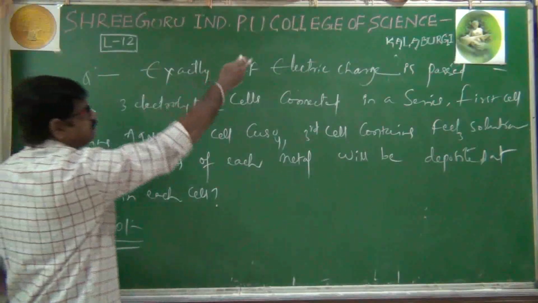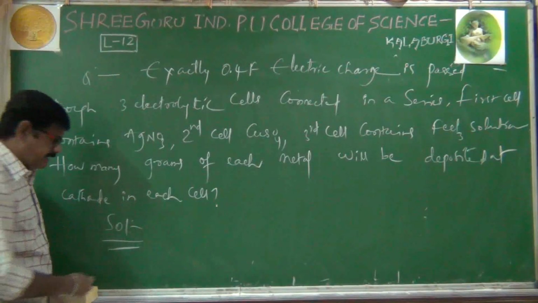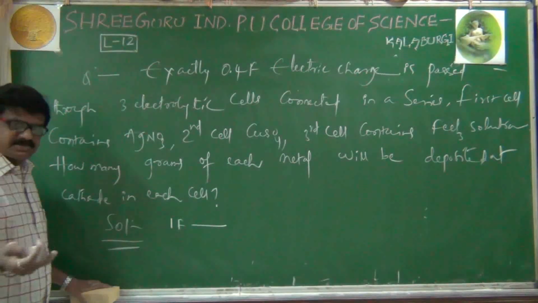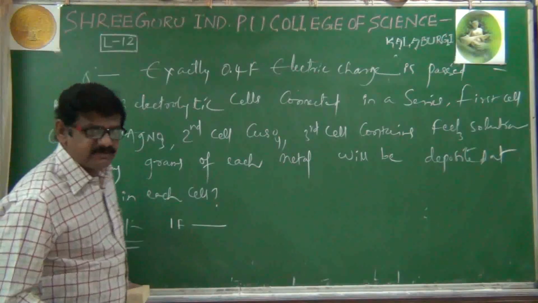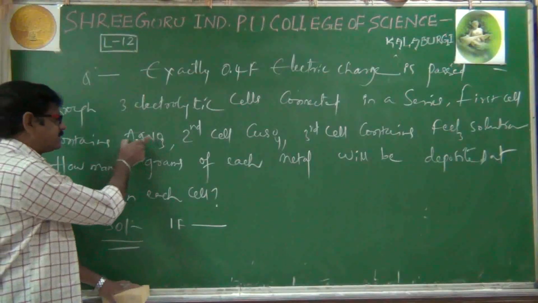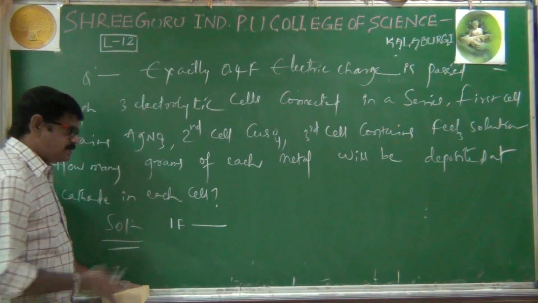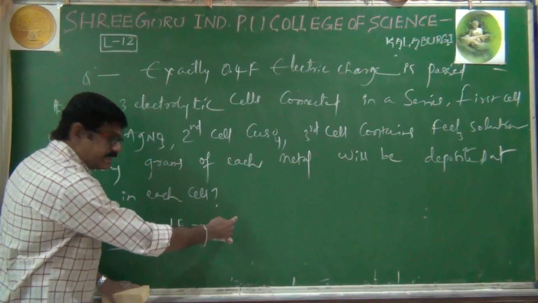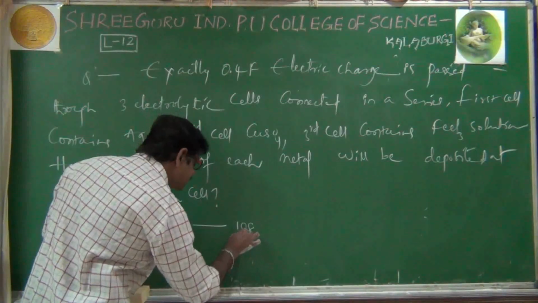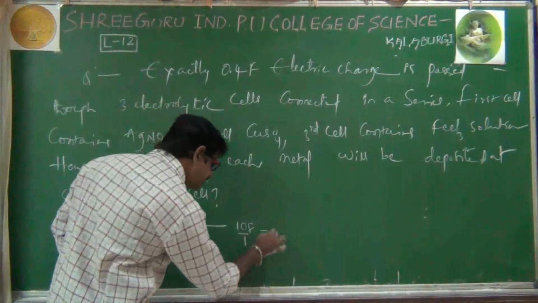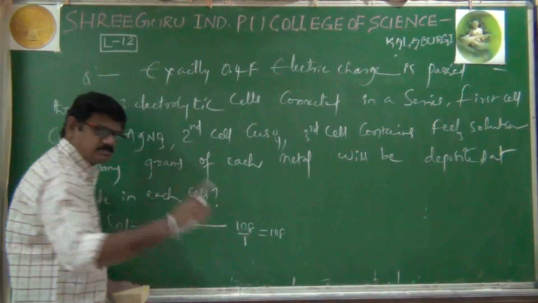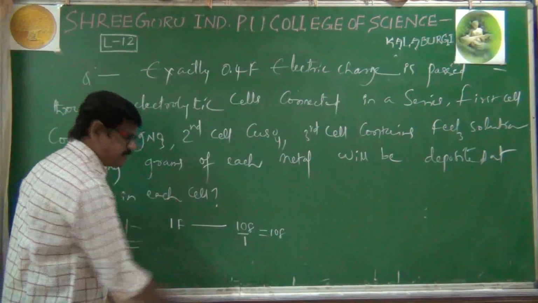Then 0.4 Faradays is being sent. First, we will write a standard value. Suppose I am sending 1 Faraday only. How many grams of substance are deposited? It's the corresponding equivalent mass of the substance deposited. In the first cell, silver nitrate means at the cathode silver will be deposited. Therefore, 1 Faraday means equivalent mass. Equivalent mass is atomic mass 108 divided by valence 1, nothing but 108 only. As far as silver is concerned, atomic mass and equivalent mass both remain the same because valence is 1.